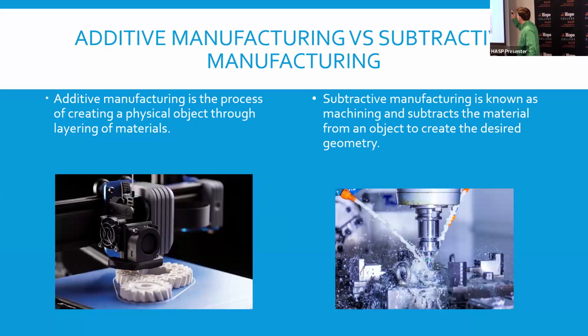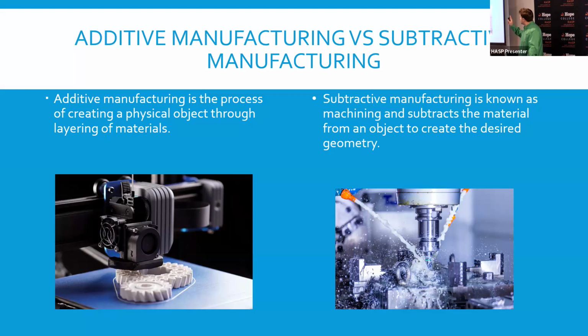So 3D printing is also called additive manufacturing. Converse to that, we previously had a lot more to do with subtractive manufacturing. So there's a little bit of a difference between the two. Generally, 3D printing or additive manufacturing is the process of creating a physical object through the layering of materials. Through the use of a laser or extruder or other methods, layers are built up to create the shape and part that you desire. And then generally, there'll be some type of post-processing that will be a subtractive